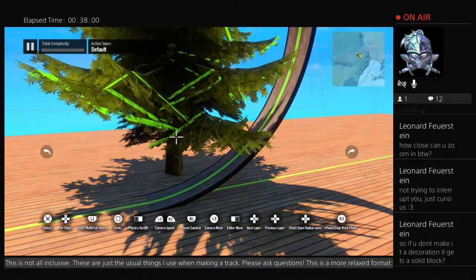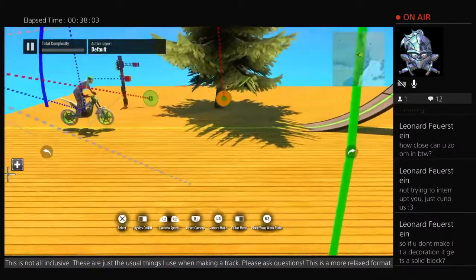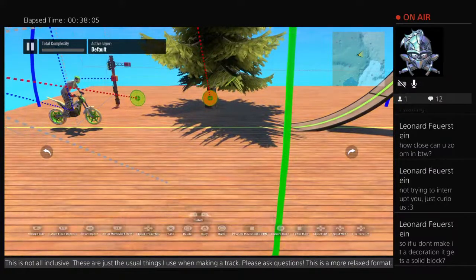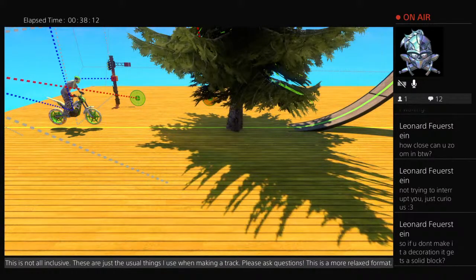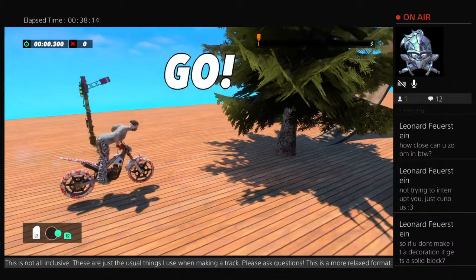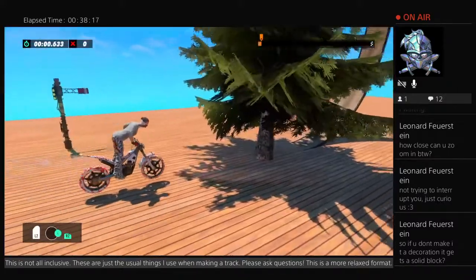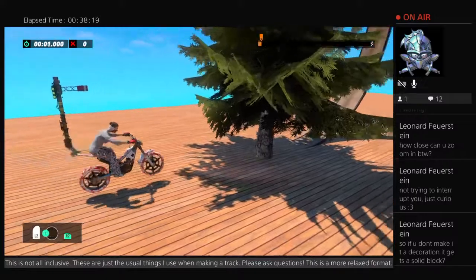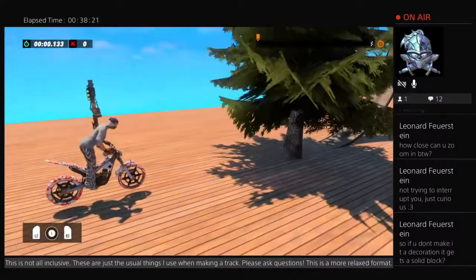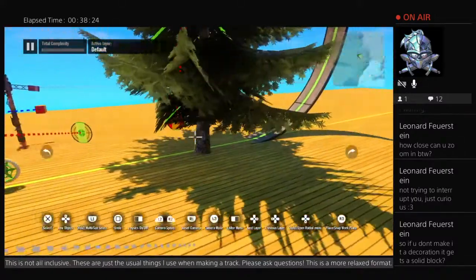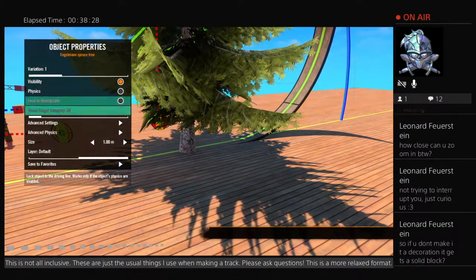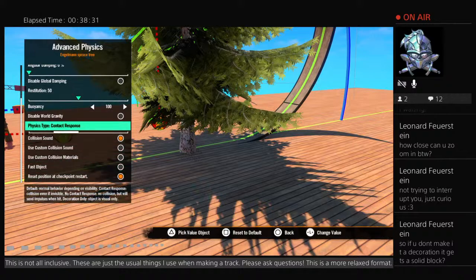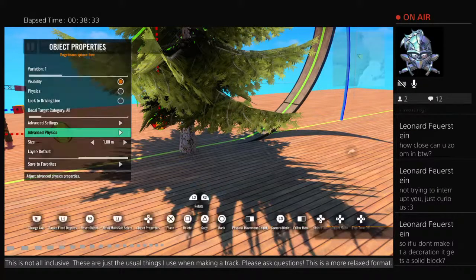So just for super dramatic effect, notice how I reset my camera. You can do that when you're holding something, just by holding in L1 and then R1. Snap it to the middle. Right now it's default. I can't drive through it. Like, it's a physical object. It's something really hard. I'm never going to get through it. So by doing, hold on here, by doing this, going down to Advanced Physics, Physics type decoration only,